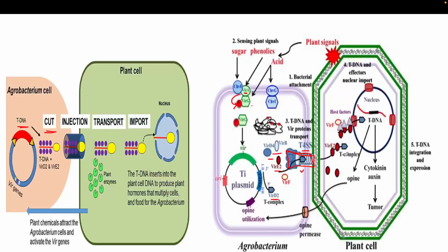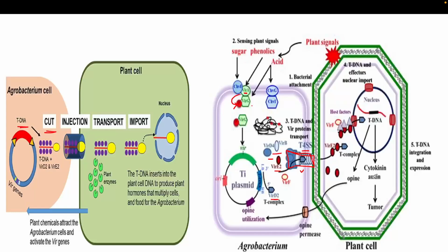Okay, in the plant cell, what will happen is that through the help of the right border sequence, there will be non-homologous recombination in the plant genome. Suppose this is the plant genome. Here the non-homologous recombination will happen, and it will happen due to the presence of the right border sequence of the T-DNA. Okay, and it will be integrated into the plant genome, and after integration, suppose your target gene is present, then here